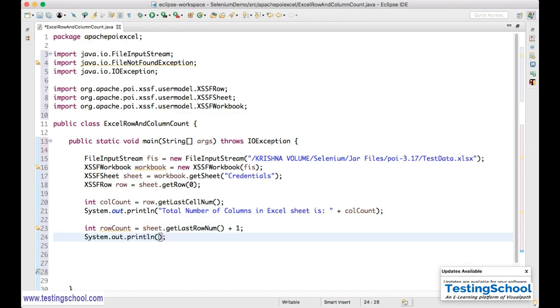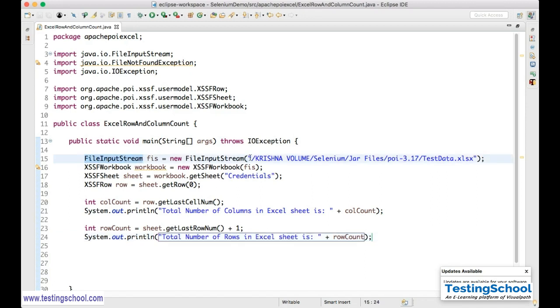So that gives the total number of rows in the Excel sheet, the row count. That's it. First we need to find where my file is by using the location,